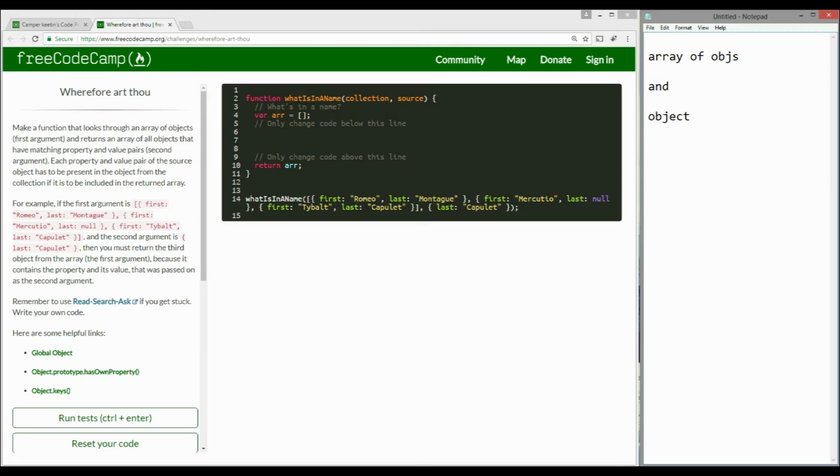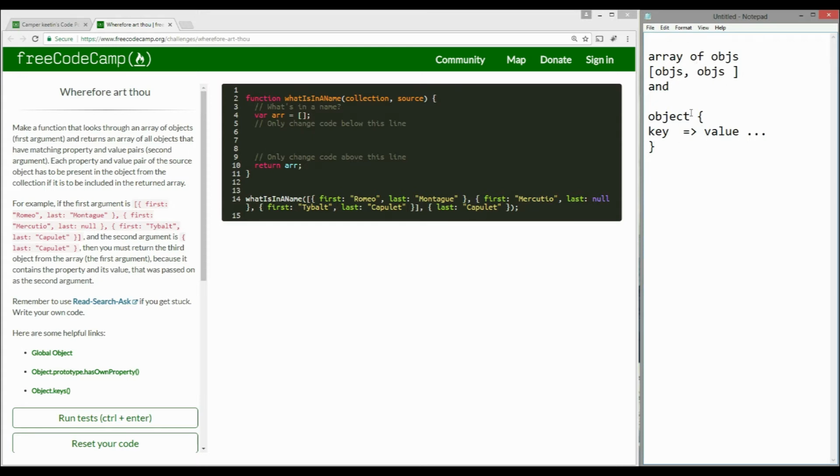What they want us to do is check if all the key value pairs exist, because the way an object works is you have a key and a value for it, and each object can have many more keys and values. Now that you have a bunch of objects here, they want us to check if this object's key value pairs exist in any of the objects in the given array, and if they do exist, push them into a new array, and return the new array